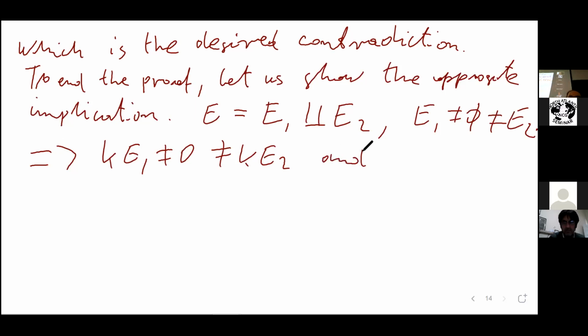And now we can conclude that KE is just the direct sum of these subalgebras KE1, KE2, because, and now this is an important argument,